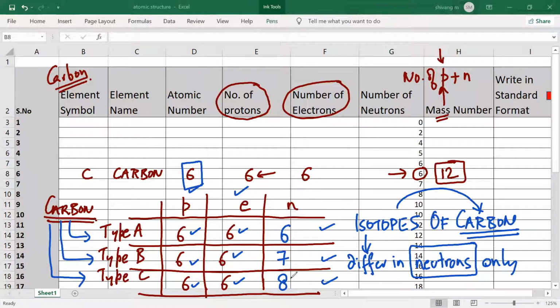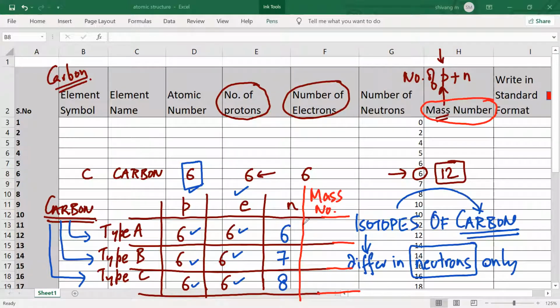But because the number of neutrons is different, what will be different, Mr. Satya? What, sir? The protons and electrons are the same. Yes, sir. Therefore, the atomic number would be 6 for the 3 isotopes. Yes, sir. But the number of neutrons is different. Therefore, what would be different? So the mass number. Mass number. Shabash. Are we clear? Yes, sir.